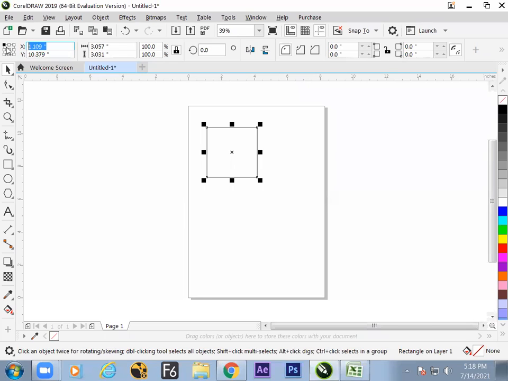What is the reference point and what is called X, what is called Y. If the X is 0, then what happens? It comes to the left side of your screen. Set the reference point to the left side, and press enter. And if it is 0 in Y, then what will happen? So you can see this calculation started from down.